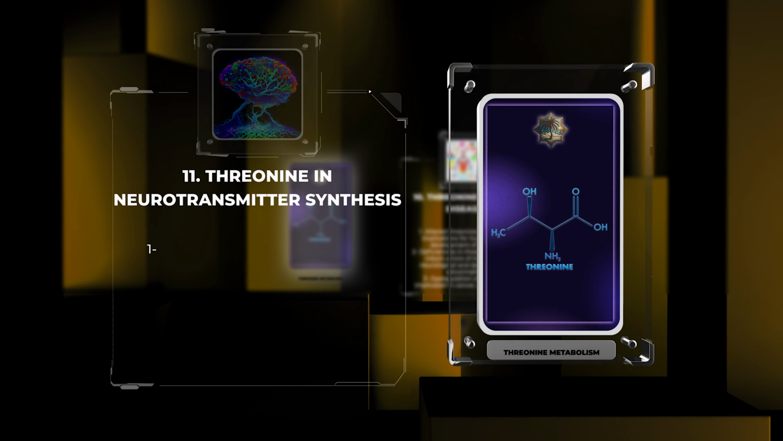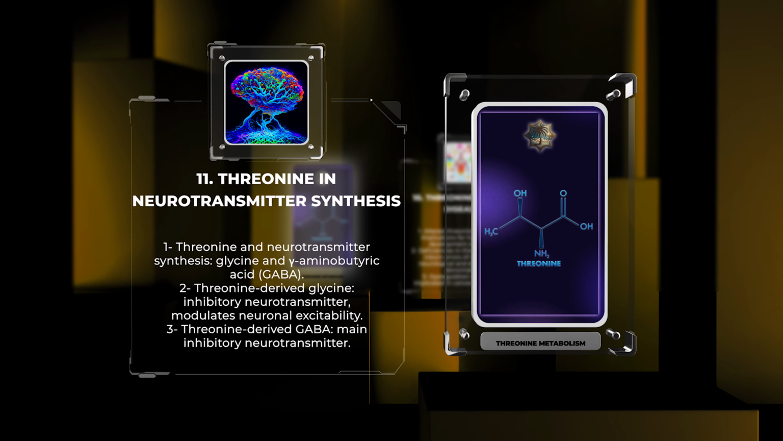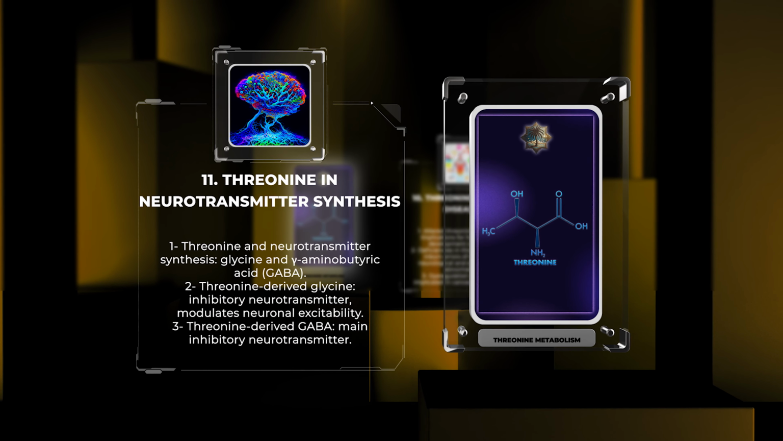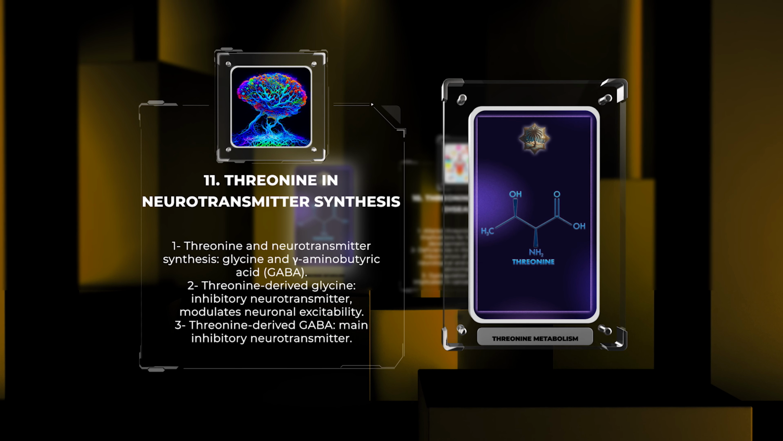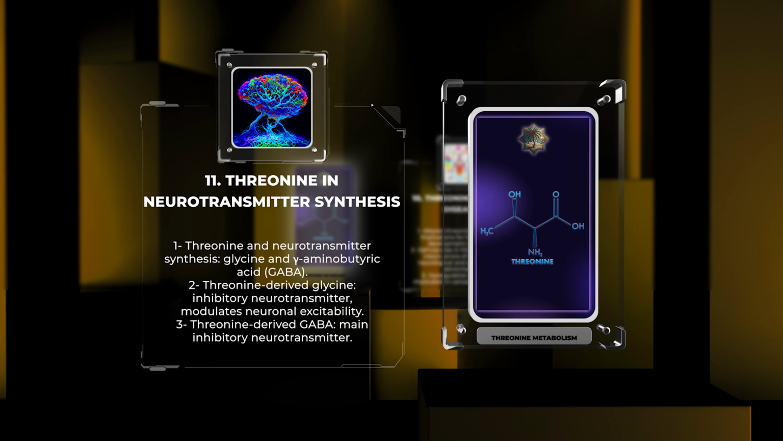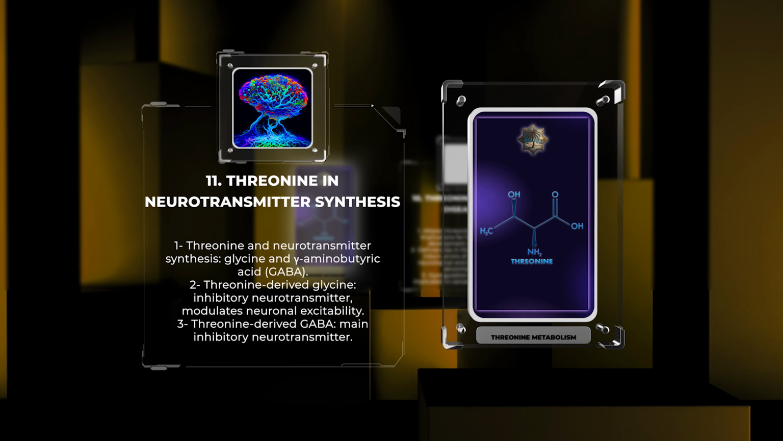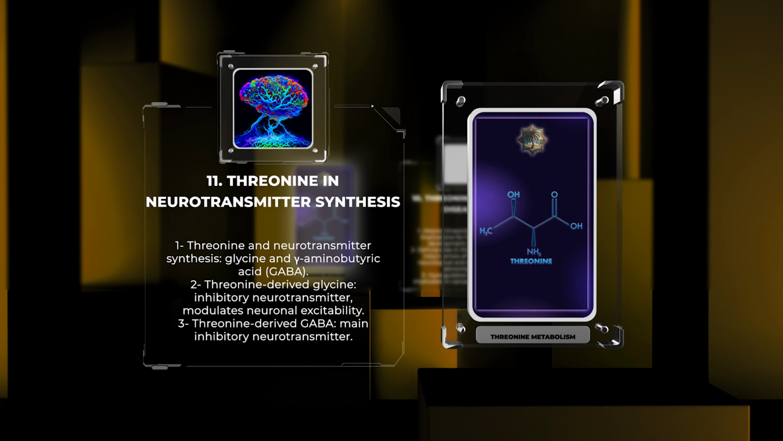Threonine plays a vital role in neurotransmitter synthesis, particularly in the production of glycine and gamma-aminobutyric acid, GABA. Glycine acts as an inhibitory neurotransmitter in the central nervous system, modulating neuronal excitability, whereas GABA is the main inhibitory neurotransmitter. Threonine-derived glycine and serine serve as precursors for the synthesis of these important neurotransmitters, highlighting the link between threonine